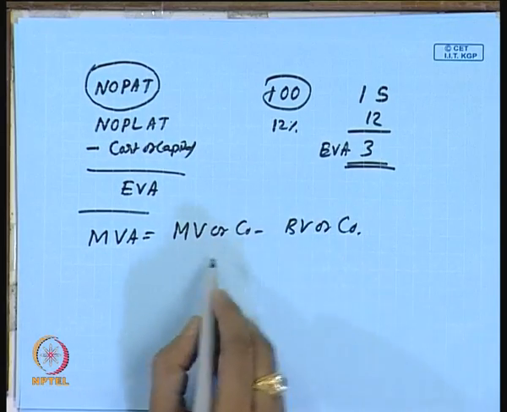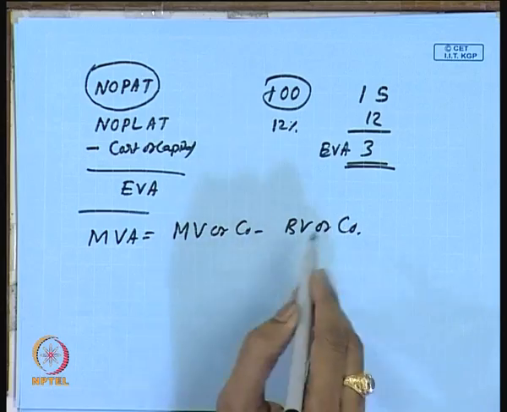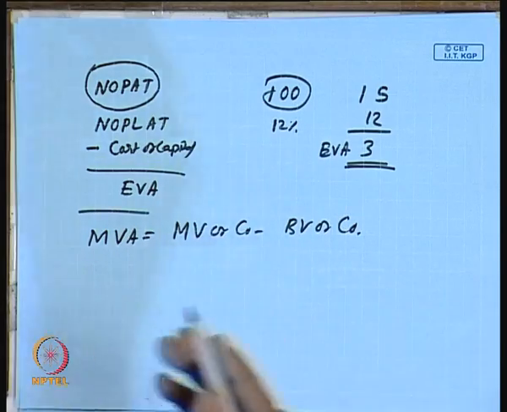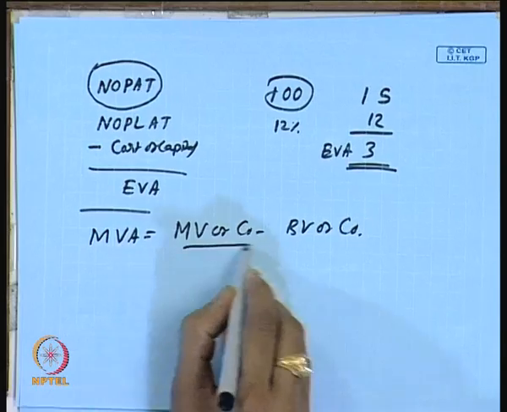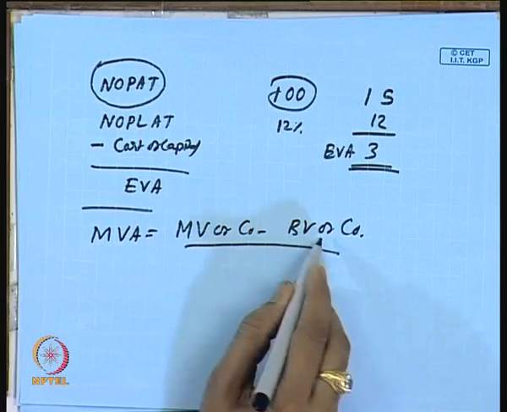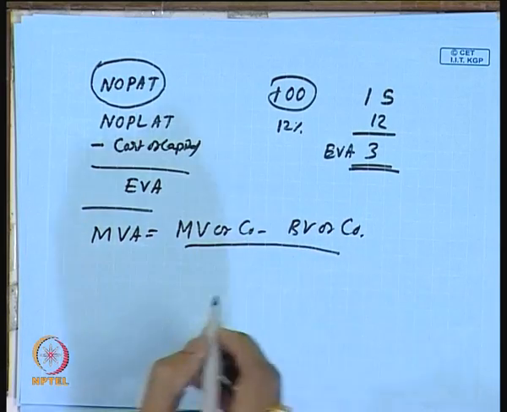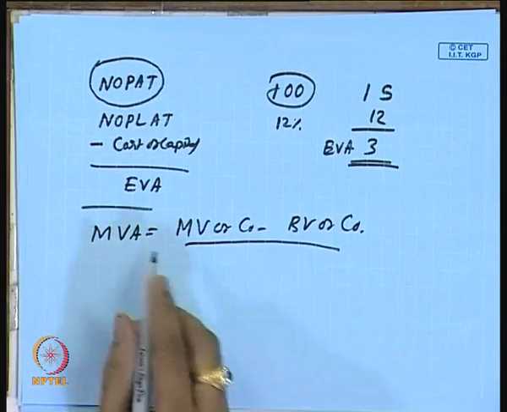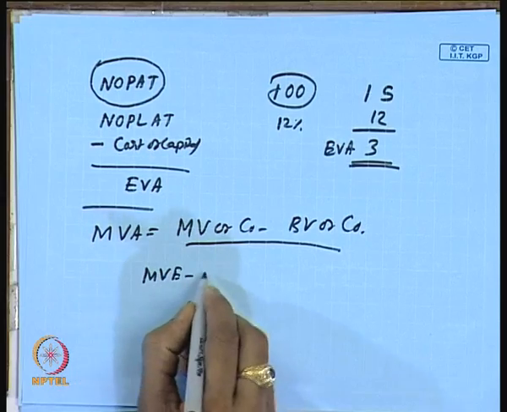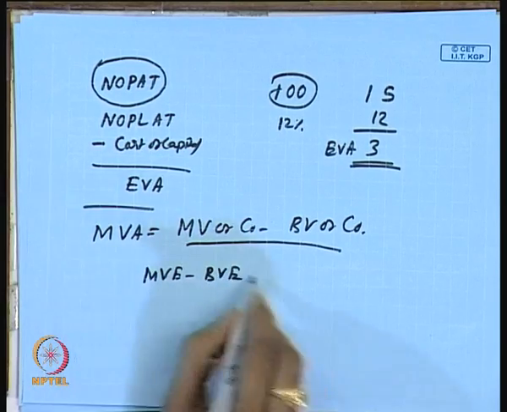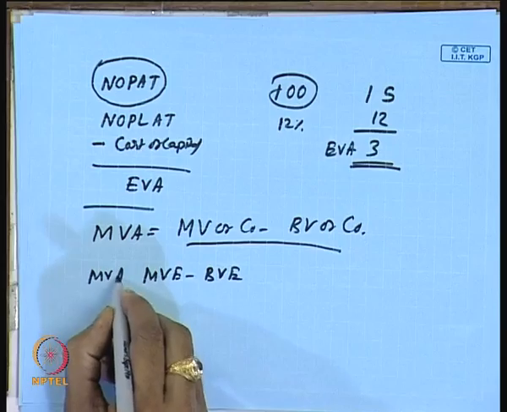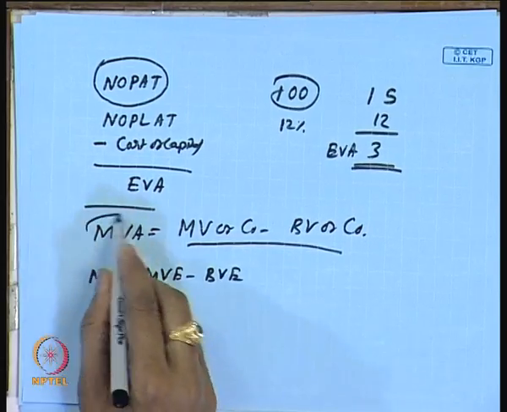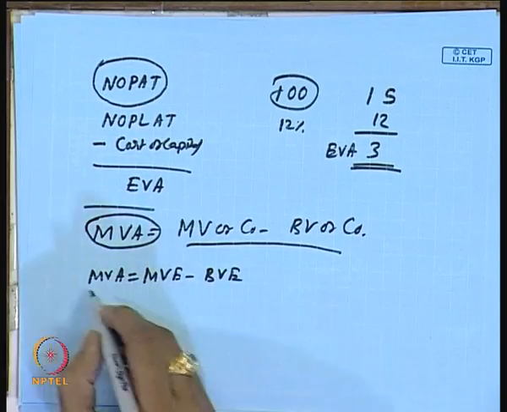So, once you earn more and more on the investment, obviously the market price is going to increase and the value of the company increases. The difference becomes higher, and this difference between market value of company and book value of company is called market value added. And we can also have another shortcut measure: market value of equity minus book value of equity, which is not net worth, can also be taken as MVA. In this case we are talking about the entire firm's point of view, and the equity point of view.